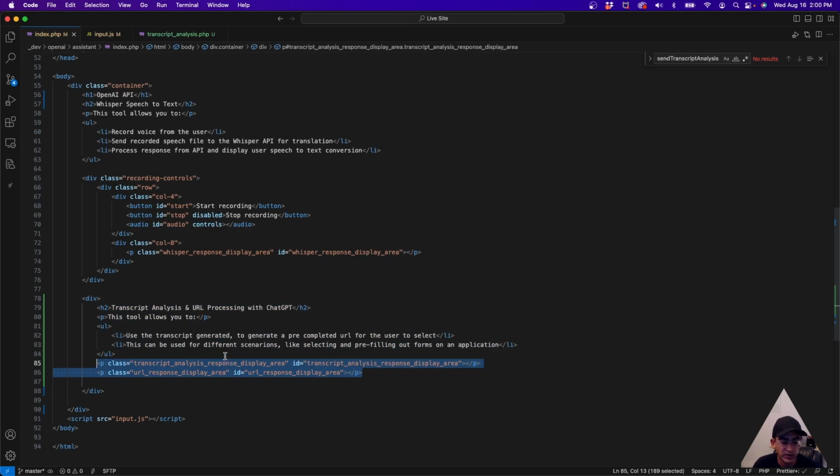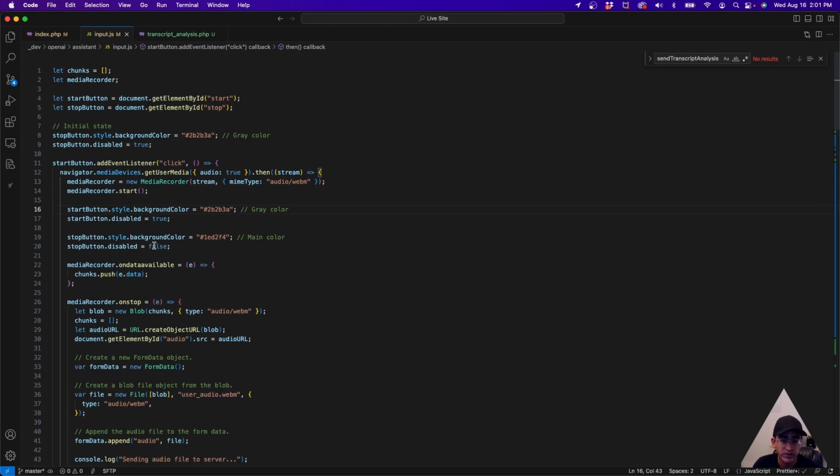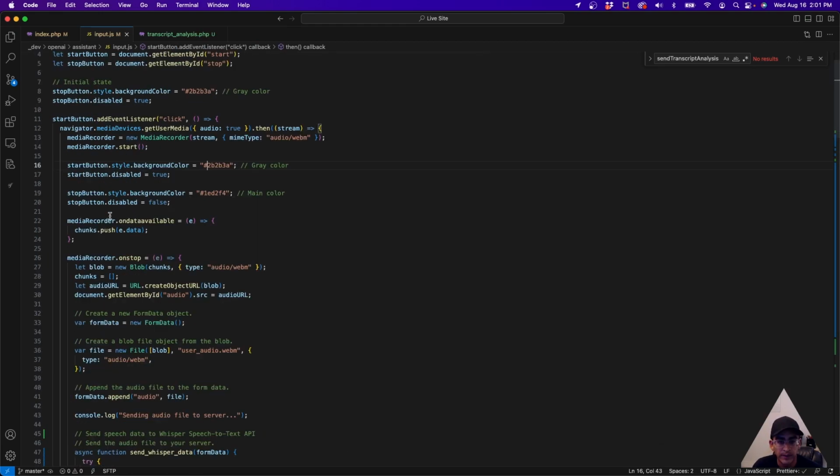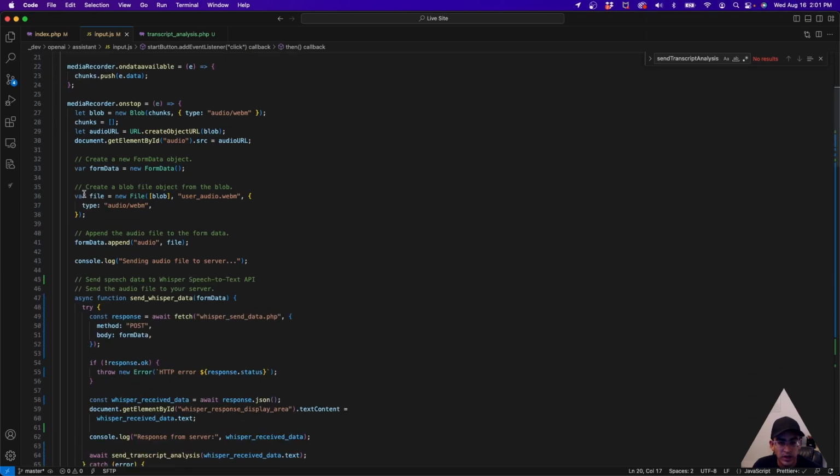So just remember to do that or change it, whatever you need. HTML has very minimal changes. The majority of the changes are going to be in the JavaScript, and of course we're going to need the backend PHP to handle that. The majority of this code is from last time. The new code